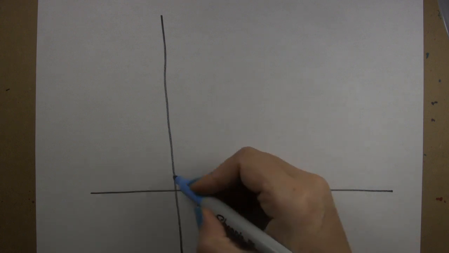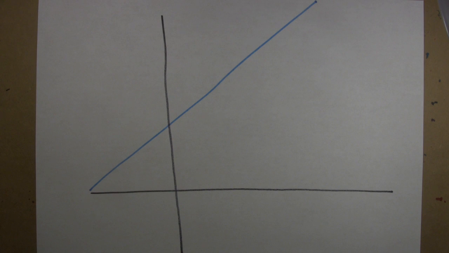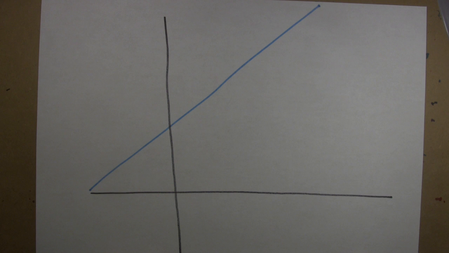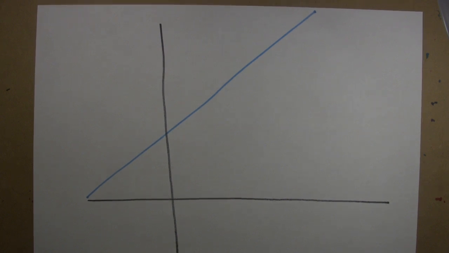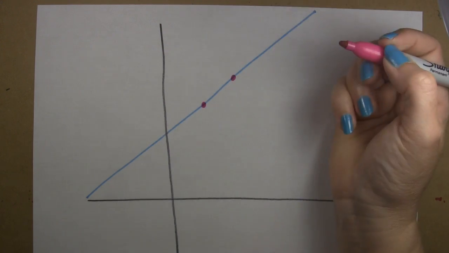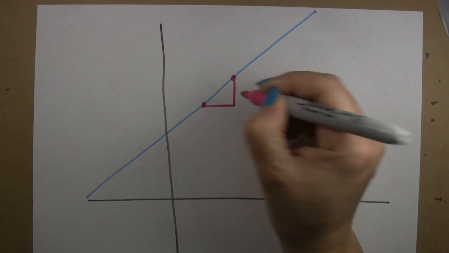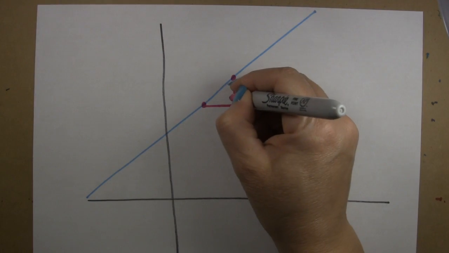And we are going to say that we have a line that looks like this. Okay? It's just a line on the graph. You're going to pretend that it's straight. So when we're measuring slope, we get to pick any 2 points on this line. Any 2 points. So we could pick this point and this point, and we would draw ourselves a right triangle,